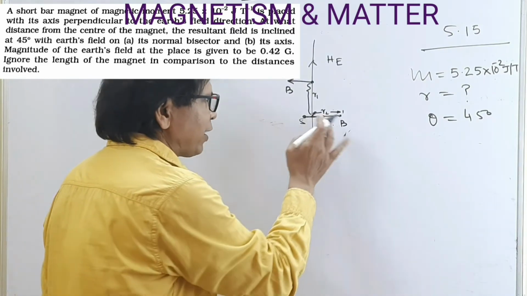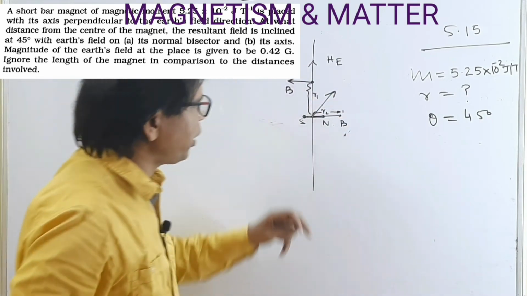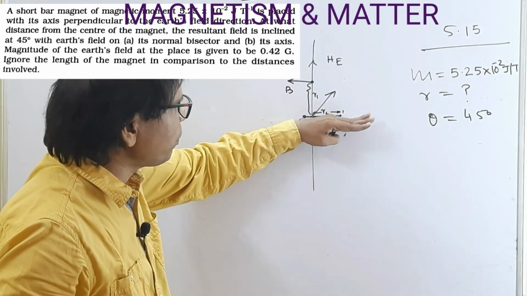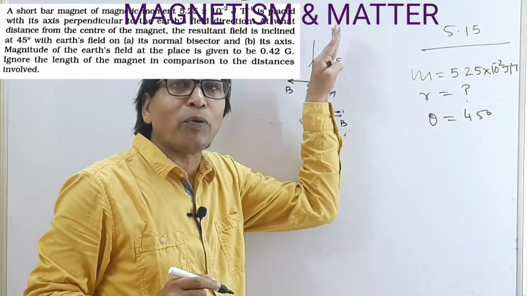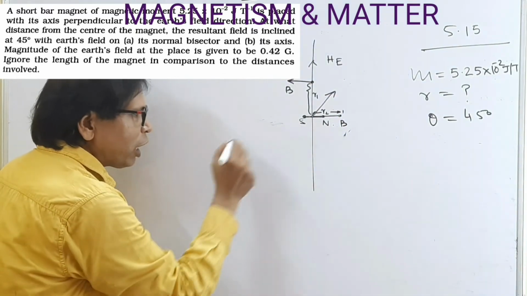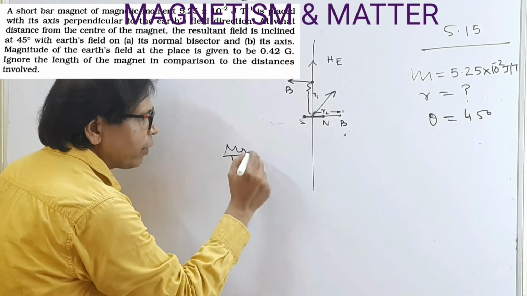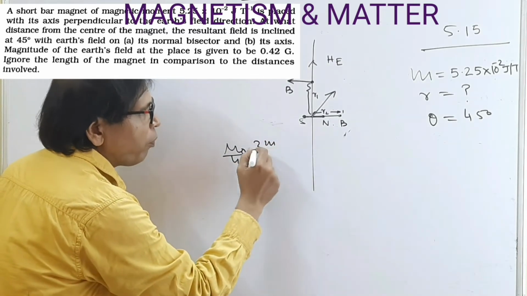First of all, on the axis, as the angle made is 45 degrees, this magnetic field equals the horizontal component of earth's magnetic field. Now the magnetic field on the axis is mu naught by 4 pi times 2m divided by